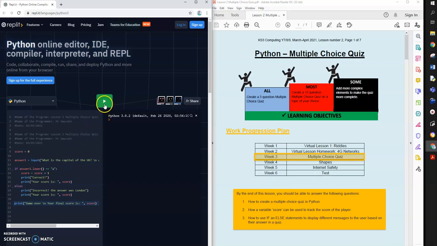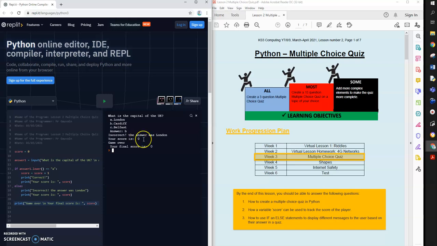If I click the play button, we have the question for this quiz on the screen. As always, I need to click in the black box here so that what I type on the keyboard is passed to Python now. If I typed the wrong answer, like let's say a B,